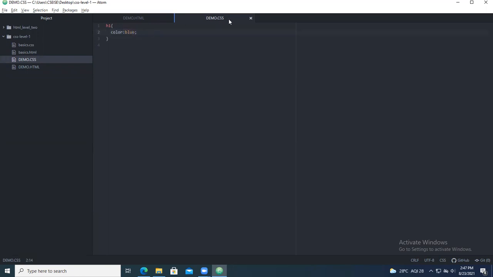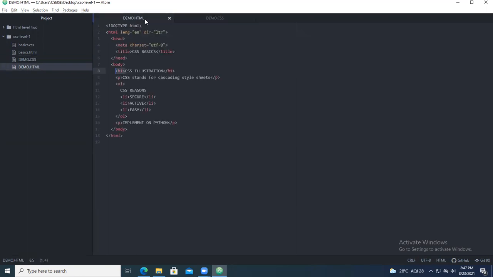Okay. So now this CSS file is to be linked with the HTML file. In order to link that CSS with HTML, you use the tag called link. When you give the word link, link should be given before head. So give link rel equal to stylesheet. Then come for the reference, under href you give that particular file name.